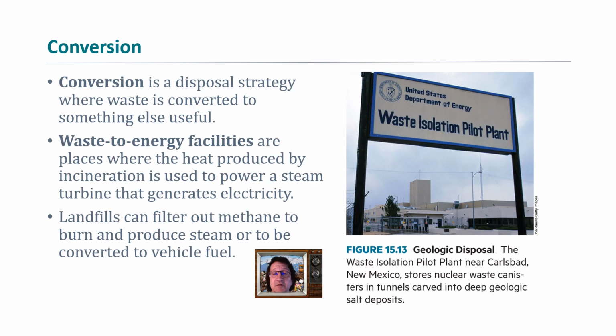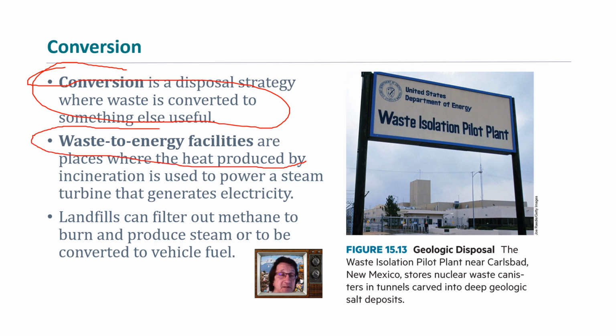Again, there are various strategies that we can look at to reduce the waste stream. The best way is just don't produce the waste, but that's not going to happen for a long period of time. So we can look at conversion again, which is a way of recycling or reusing. In a way, we convert it to something else, either energy or another product. This is true particularly for waste to energy facilities. Sometimes we can collect the outcomes of a landfill. That means we can collect the nasty gases and other things that come out, and particularly we can use the methane for purposes.